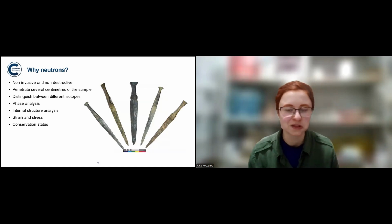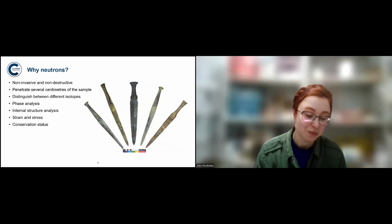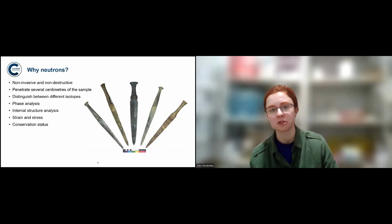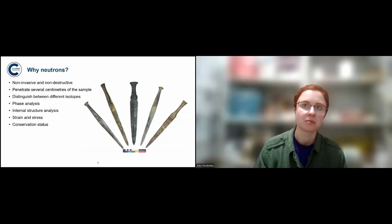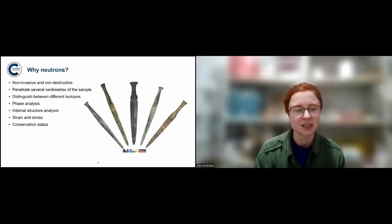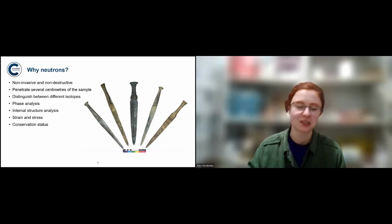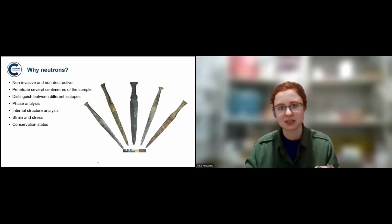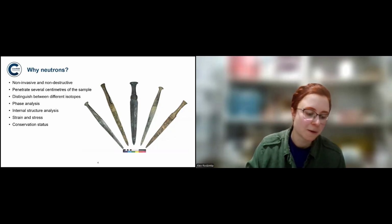If you're not sure why neutrons are a good probe for your artifacts, they are non-invasive and non-destructive, which is the greatest appeal for them. That's why we generally talk about neutrons for cultural heritage and not archaeology as such, because in certain cases, it's okay to sample objects, but if it's something that's considered heritage, if it's something that's entered a museum, then it might be very difficult to get permission to sample an object or do anything that's destructive, even if it's the tiniest of